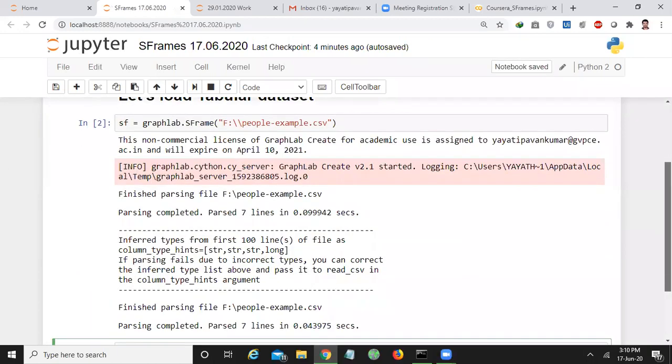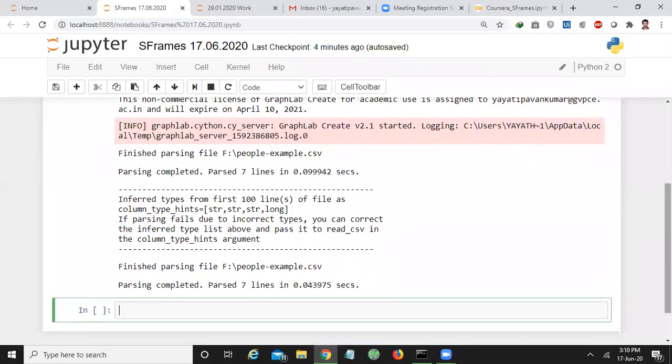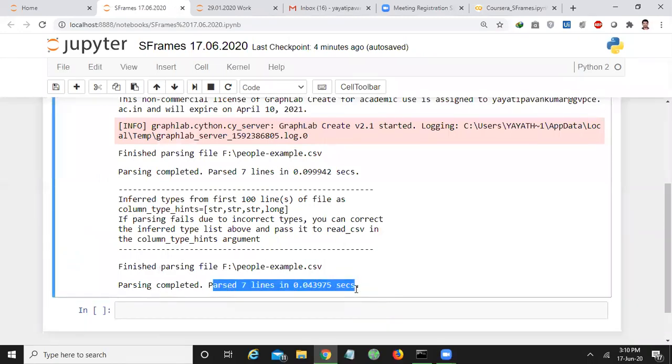Actually it has only 7 lines. So many people got a doubt: sir, what is the difference between S frame and data frame? Actually, the data frame will take lots of time if your data set contains so many examples, like thousands and thousands of examples.